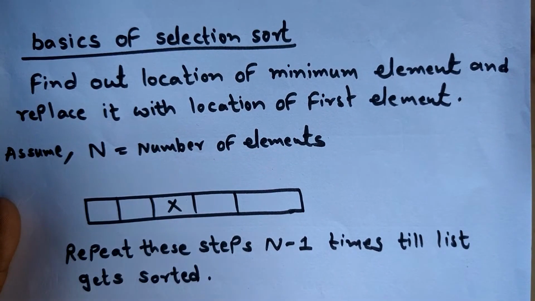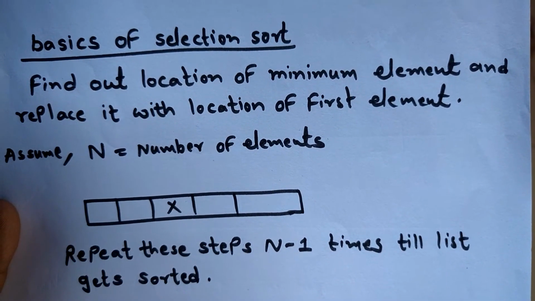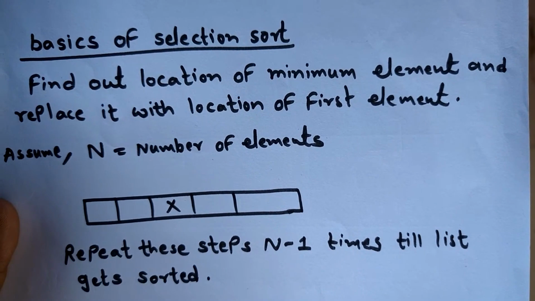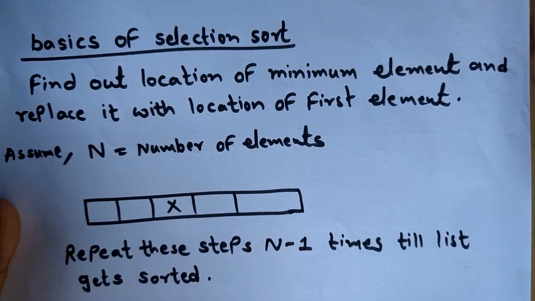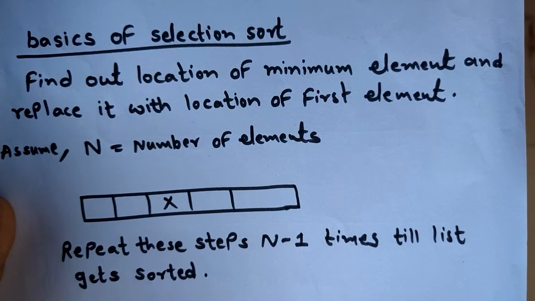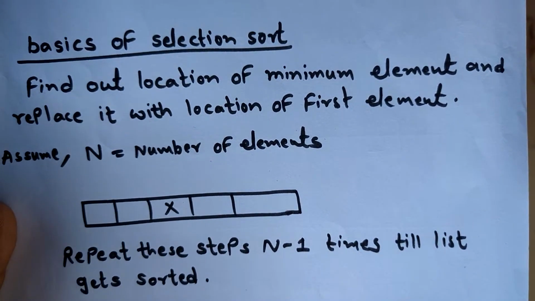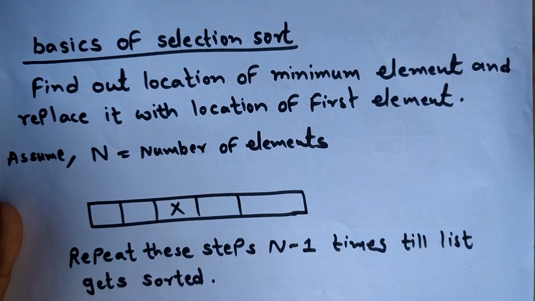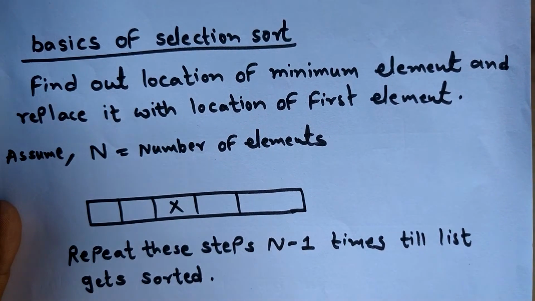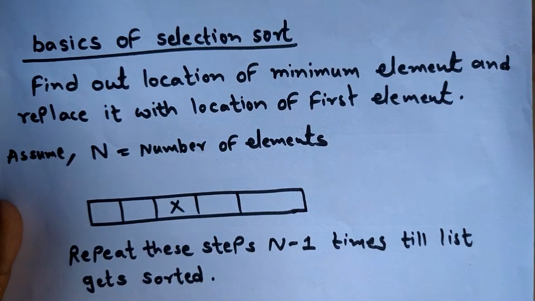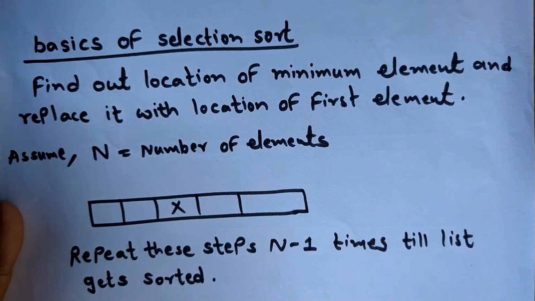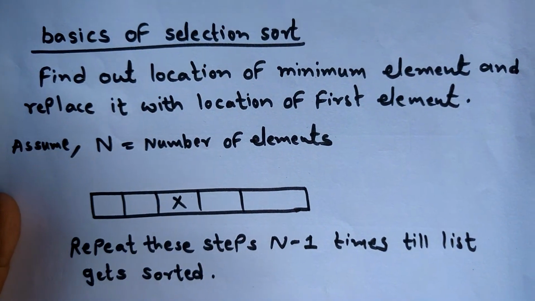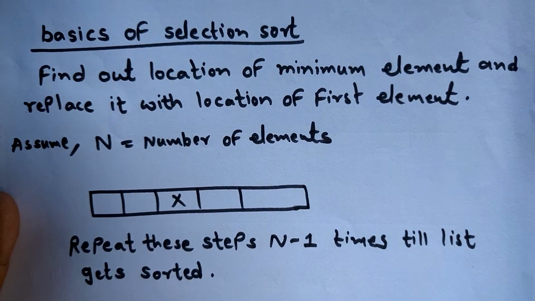Okay, why do we apply sorting? Because we want a particular unsorted list in an orderly manner. That's why we apply different kinds of sorting techniques on that particular unsorted list. This time we are learning about the selection sort. In the selection sort, we select a minimum number from the list, and we will see this in the live example. Then you will understand exactly how it works.